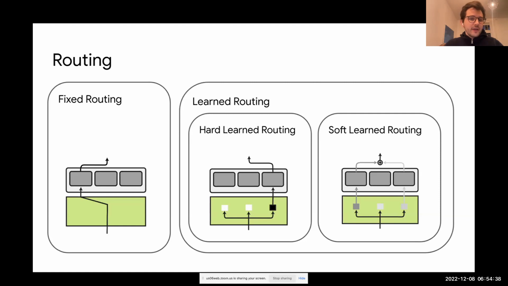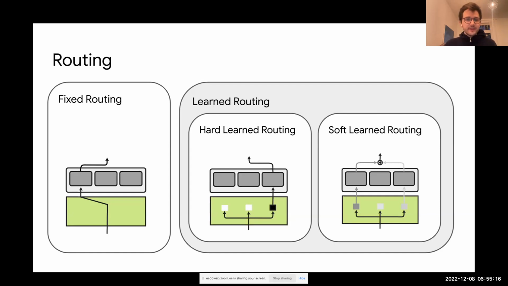Alternatively, if we do not have metadata available, or want to provide the model with more capacity to actually disentangle, for example, knowledge of heterogeneous data, then we will have to look at learned routing. And here, again, we have two different directions that we can look into. First of all, there's hard learned routing and soft learned routing, where hard learned routing somewhat simulates the fixed routing decision, so a hard selection of modules, and the soft learned routing